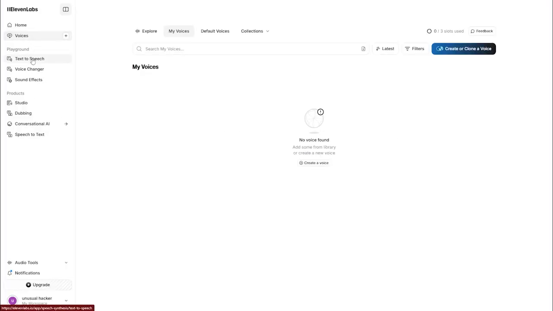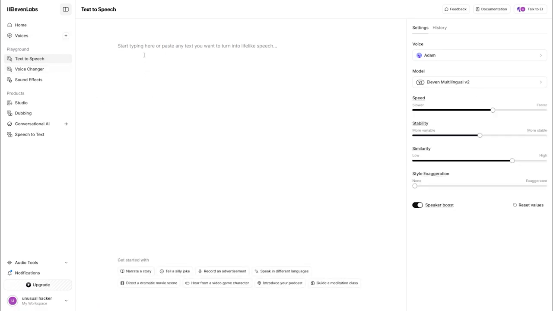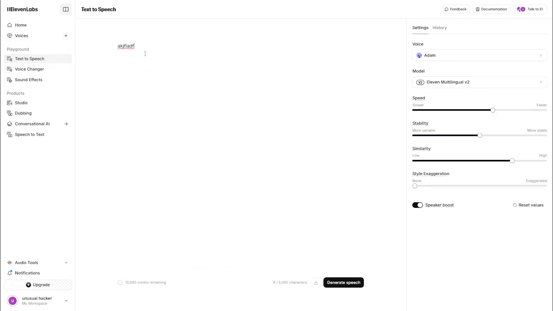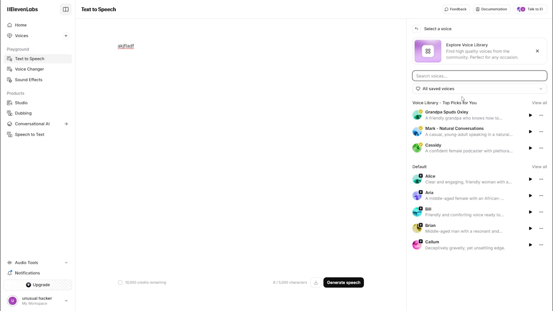Now, you simply go to text to speech, and you can type in a whole essay on this text side. Once you type it in, go to the voices section and click on the voice that you have created. Once you have selected your voice, Elevenlabs will convert all the text you have written, whether it's a whole book or anything, 5,000 characters. It will convert all the 5,000 characters into your own voice without you even recording a single word. And that's simply how you can generate